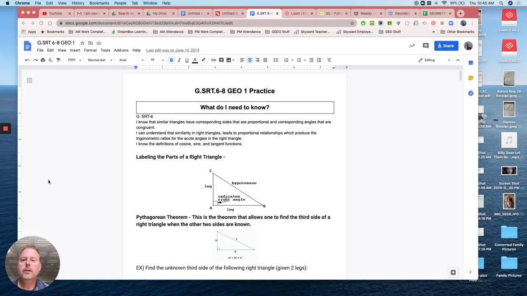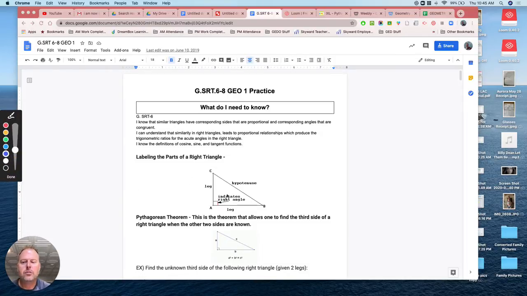So here we're going to talk about the Pythagorean Theorem and how to use it. If you remember back, way back probably to even middle school, they talked about this. With the Pythagorean Theorem, you deal with a right triangle. If you look at the screen here, you can see